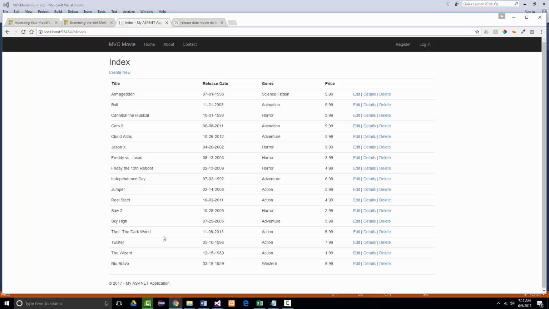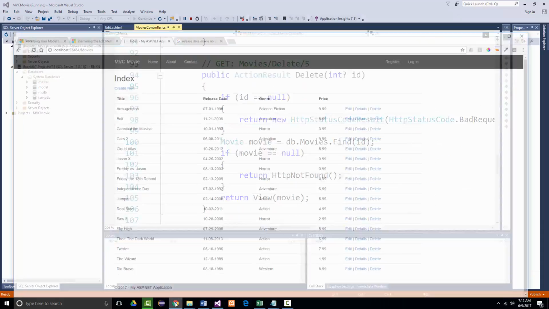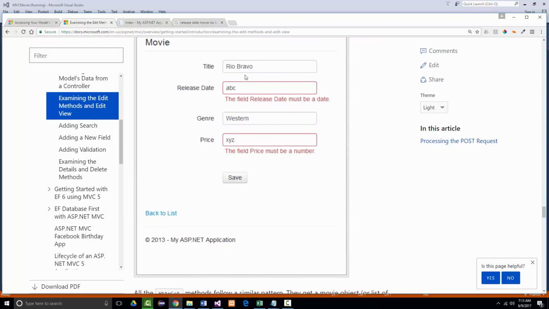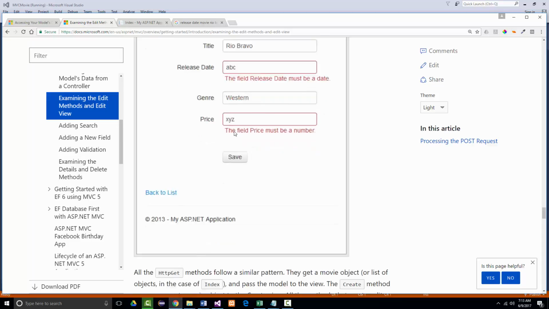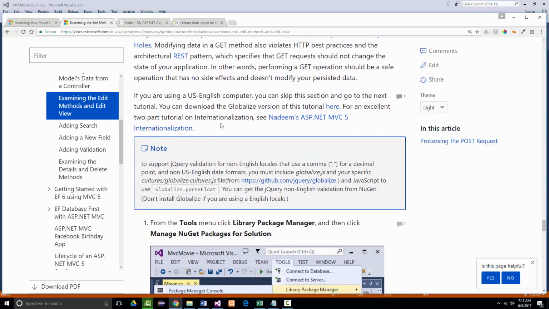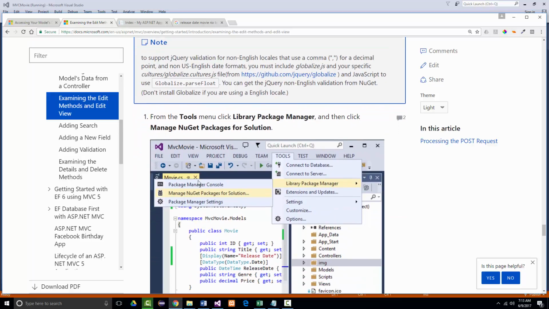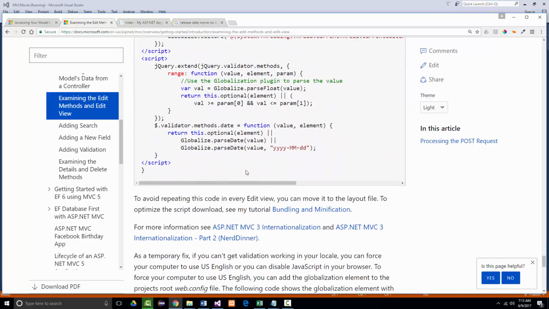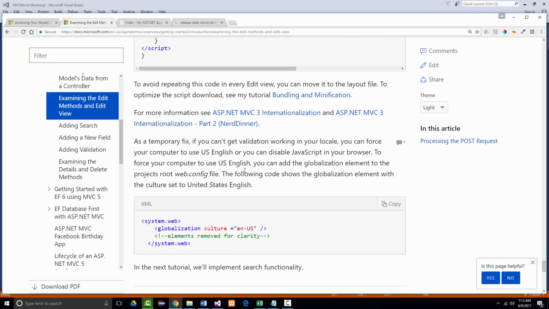Now, on the bottom of page 13, and on page 14, and on page 15, and on page 16, what the author mentions in here, and let me show you. I'll show you here. So that's what we just did. Again, our release date is much better now. But the author mentions that if you were working where you weren't able to put in dollars and cents, this is how you fix it and go through globalization. We've already got the globalize entered. So I'm not going to go through that. I don't see any reason to do so. Okay? So this puts us on the bottom of page 16